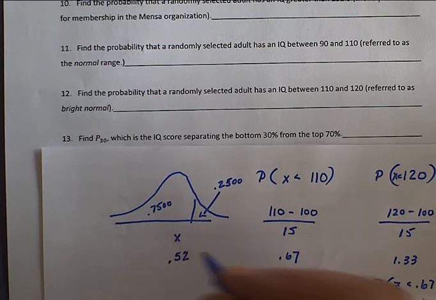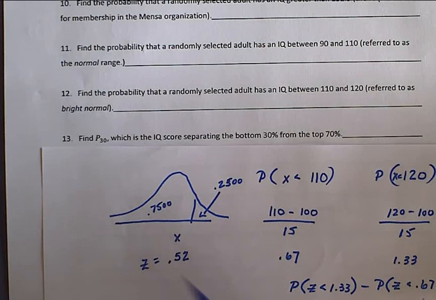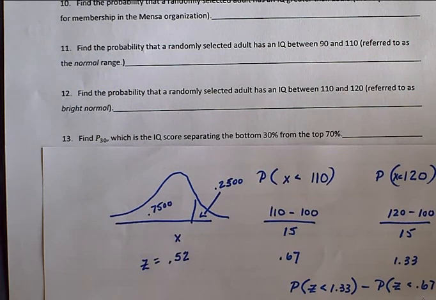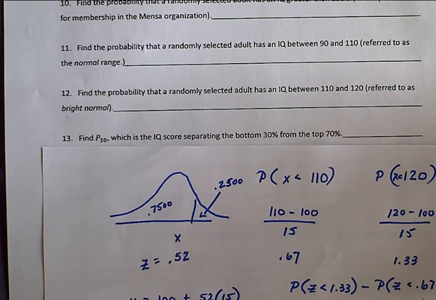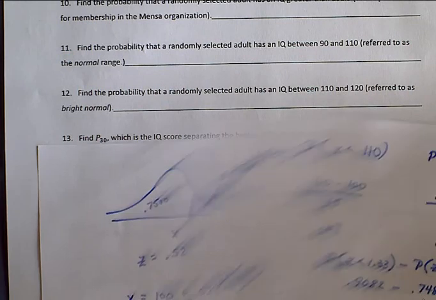Now we can, again, since we're trying to find the raw score, then 100 plus 0.52 times 15. Okay, so I get 107.8. Okay. So again,